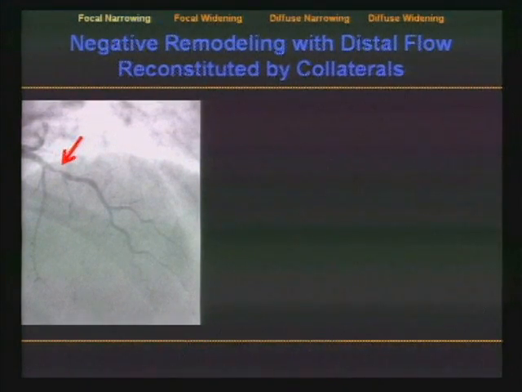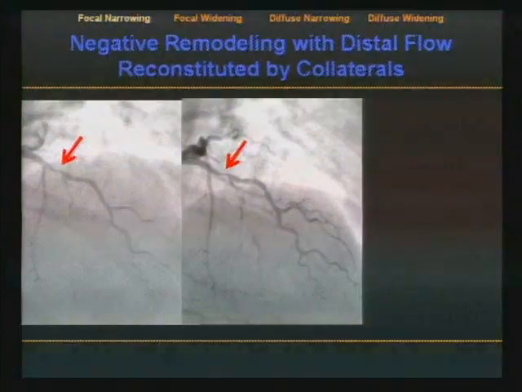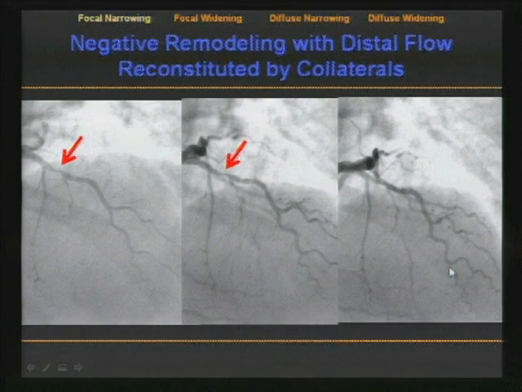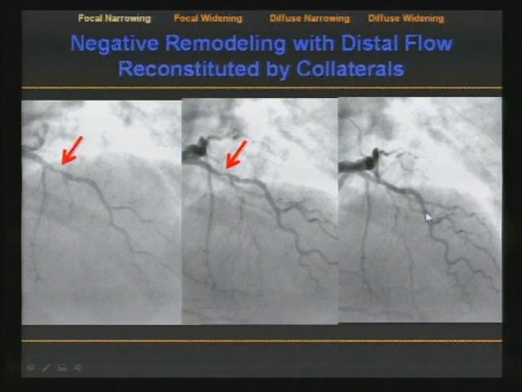You can see the lumen is significantly narrowed, what you see with negative remodeling, but again, there's distal flow. In an image taken a little bit later, you start seeing better opacification. The stenosis becomes a little bit more obvious, and you can see here, with a later image, there are many slightly dilated and tortuous vessels that are providing flow to the diagonals on the left anterior descending coronary artery, causing